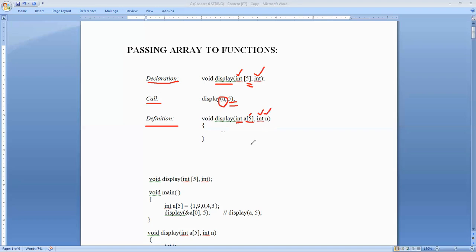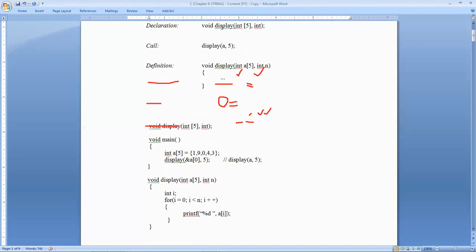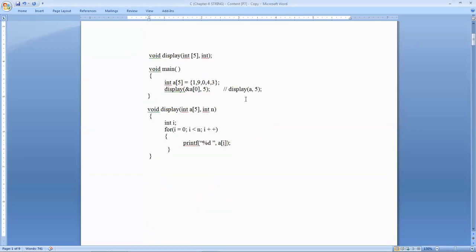So let us take an example. Look at the main function. Here I have initialized an array A with 5 values, and we have called the function display, where we have passed the address of A0, that is the starting address of the array, and the total number of elements, or the size of the array. You can see here